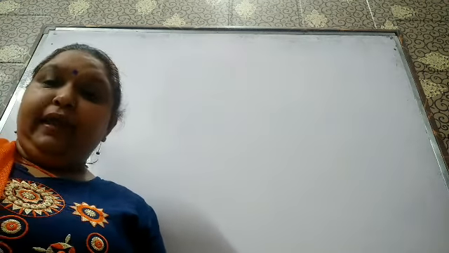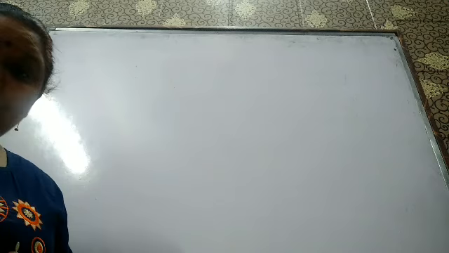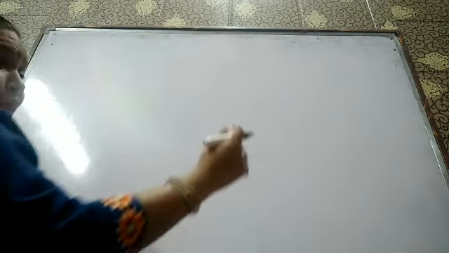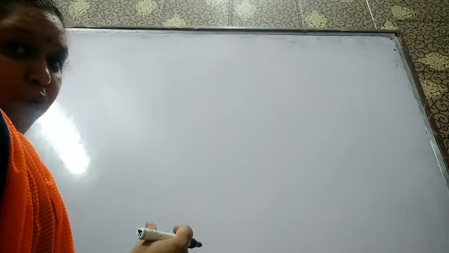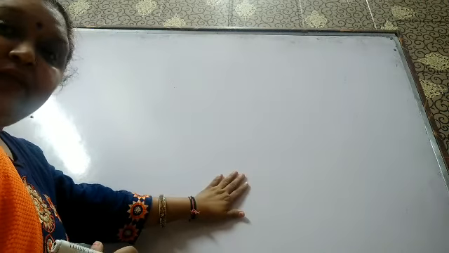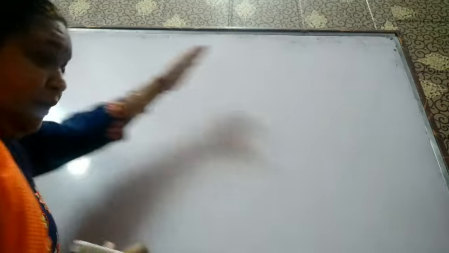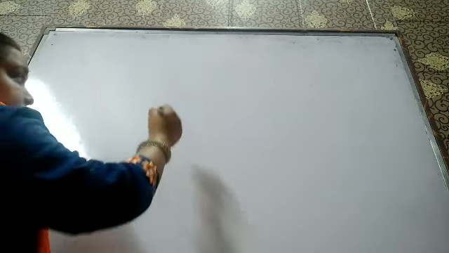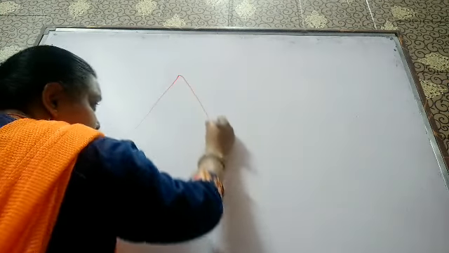So let us start today with the help of an activity, to see how the phenomenon of refraction takes place through a prism. For this, first we have to take a drawing board. You can consider that my board is a drawing board and this white surface is a white sheet. On this white sheet we have to pin it up from all four sides, and we will take the triangular base of a prism.